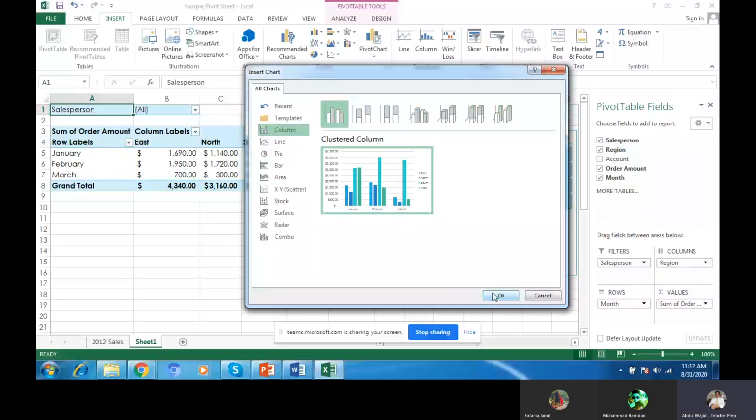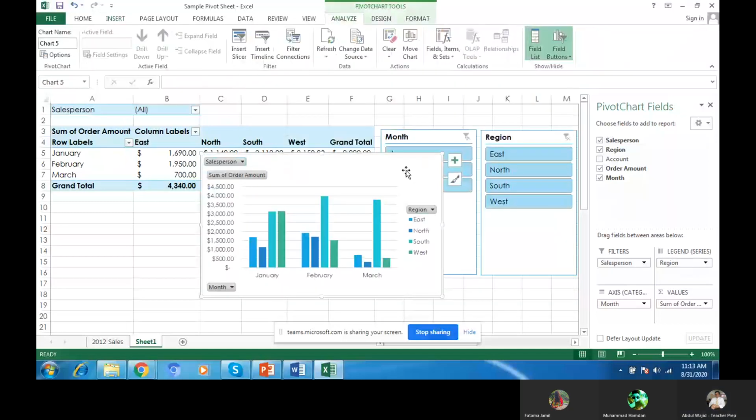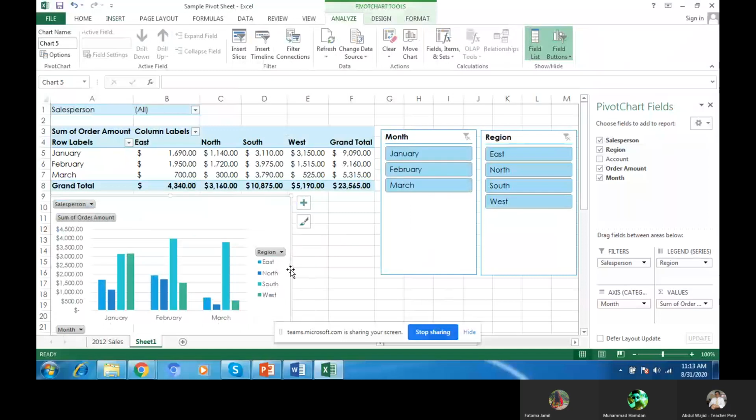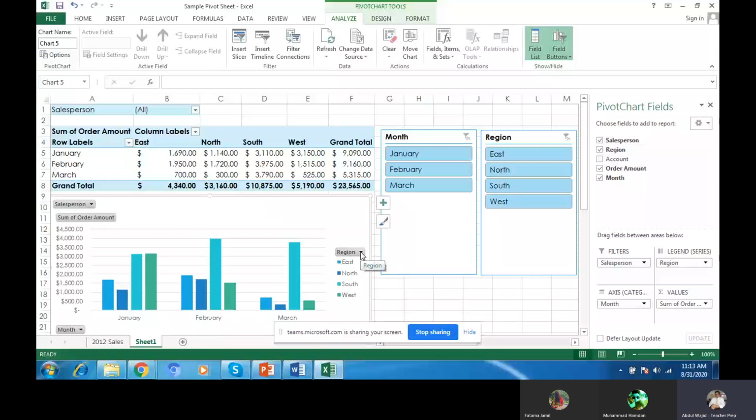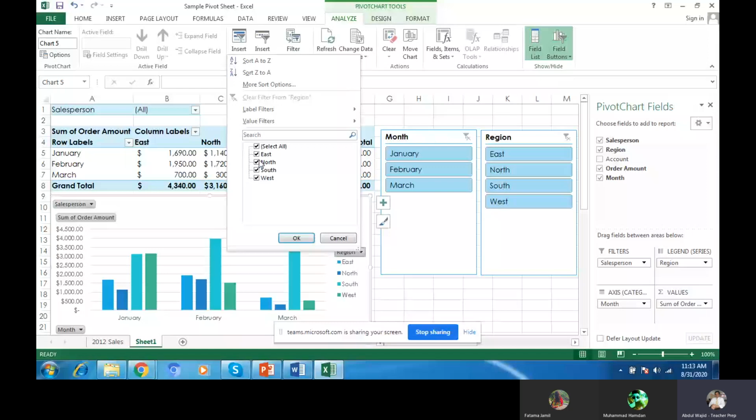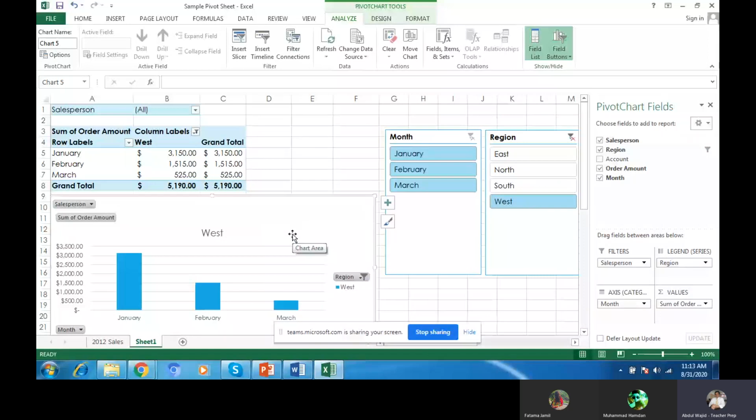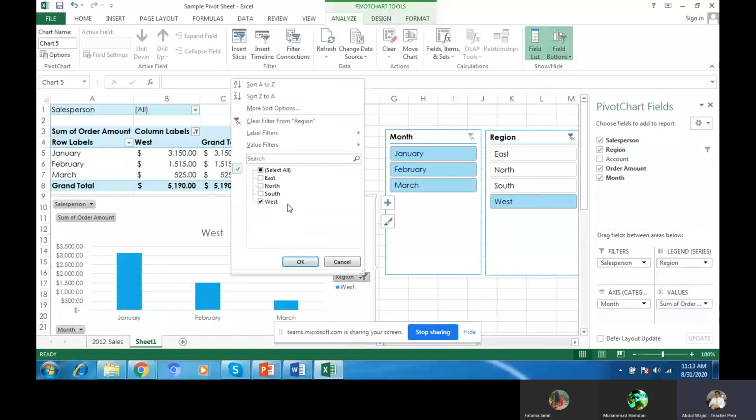Now it will be displayed here. Now if you want to make changes inside that one, you can. If you click here, only one region will become. If you want to select only one, okay, you can. It will be changed. Yes, it will become region.